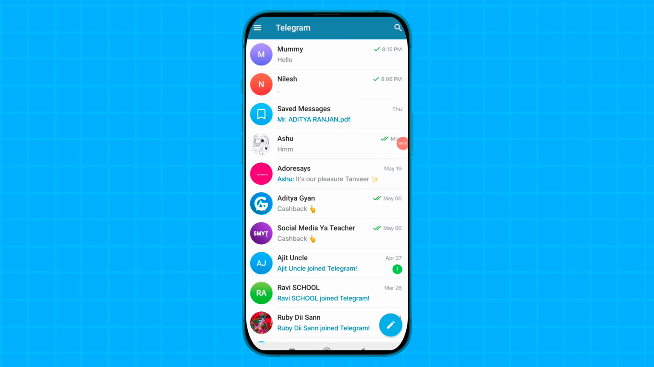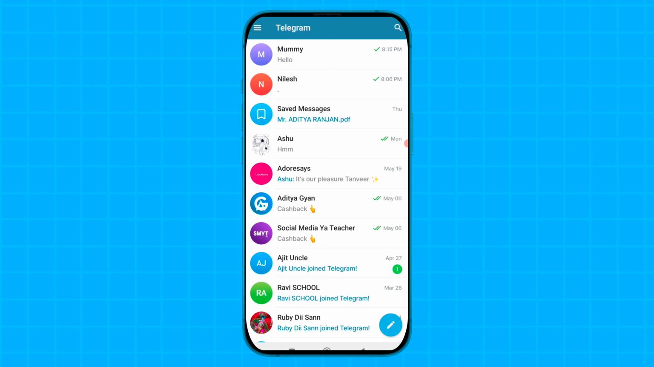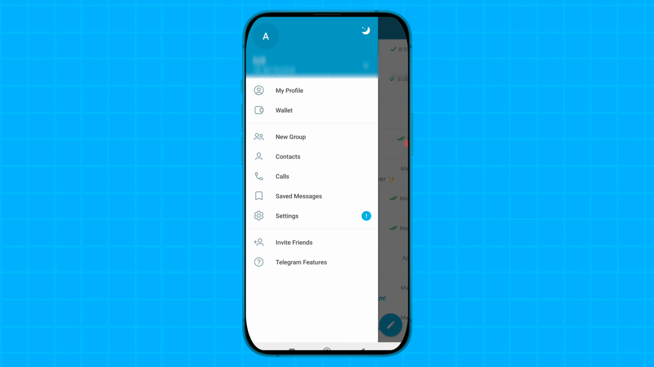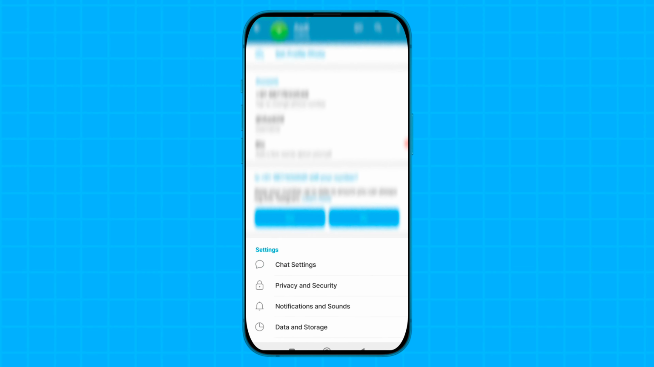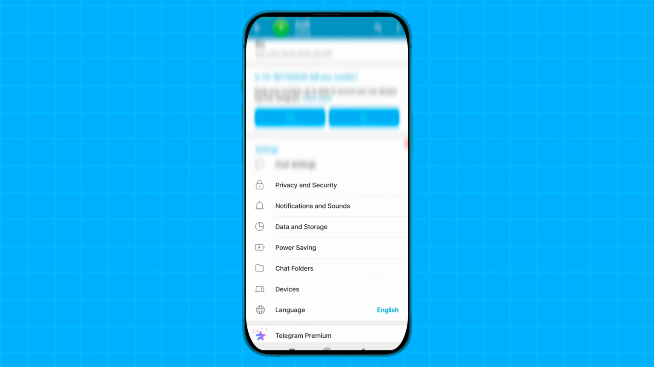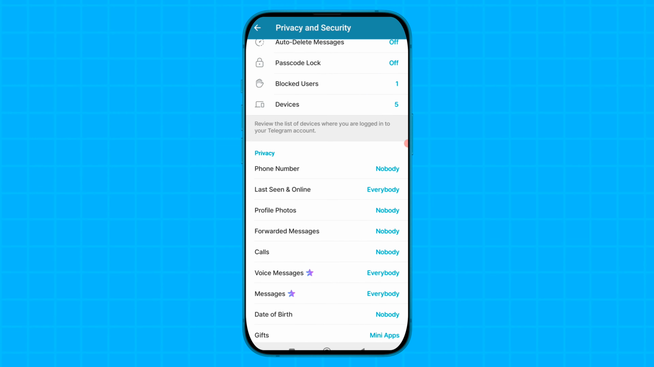So hey guys, in this video I will tell you how you can implement privacy settings on your Telegram account. For this, first of all, open your Telegram application and then simply tap on the left three lines, and here you have to tap on the settings option, and then friends, simply scroll down your page and then tap on the privacy and security option, and here you have to scroll down your page and then tap